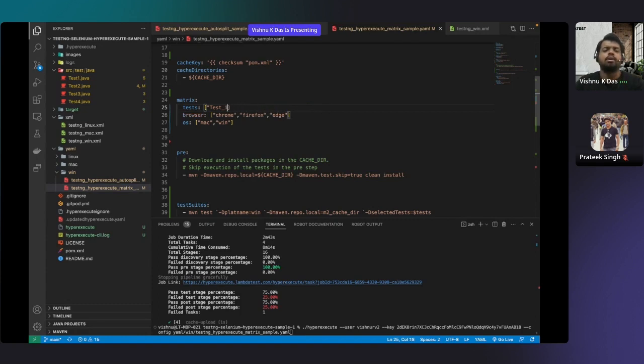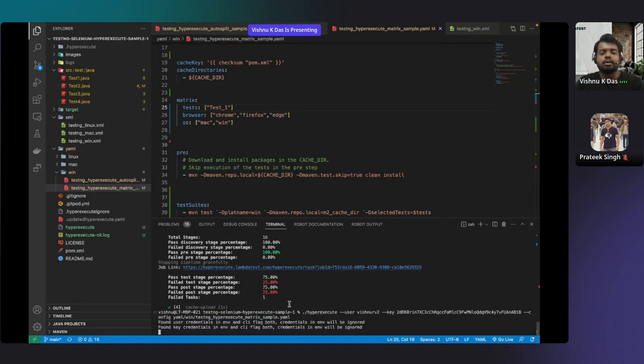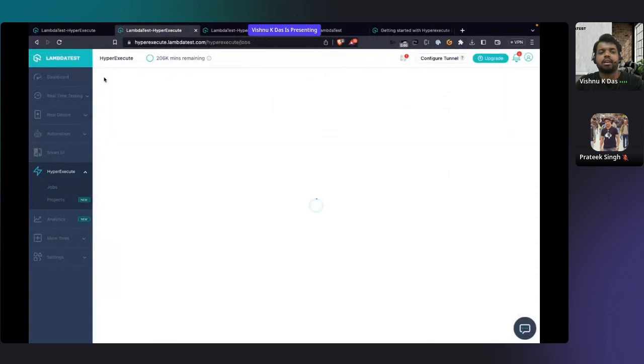So now test 1 would be executed on all 3 browsers on both the OSs. So as soon as I click enter, it will start the execution. It will show me that, yeah, it's the matrix mode, and now it's trying to create the payload. If I go back to my HyperExecute page,